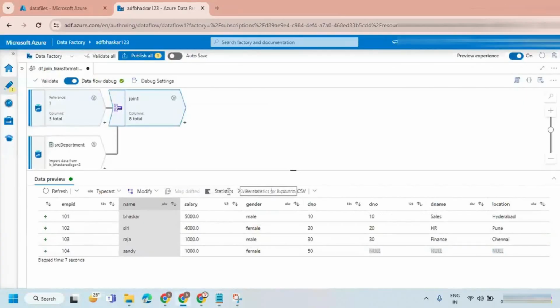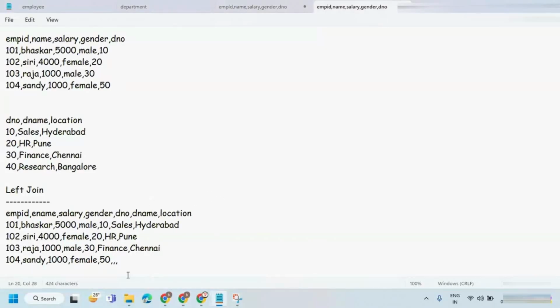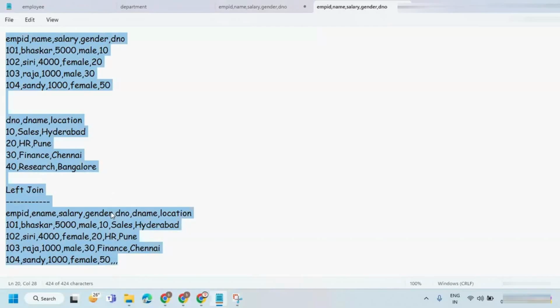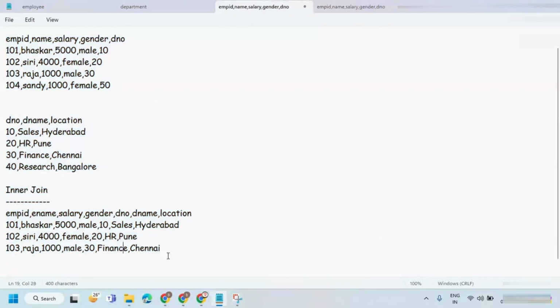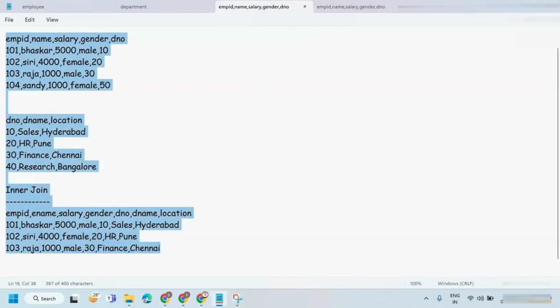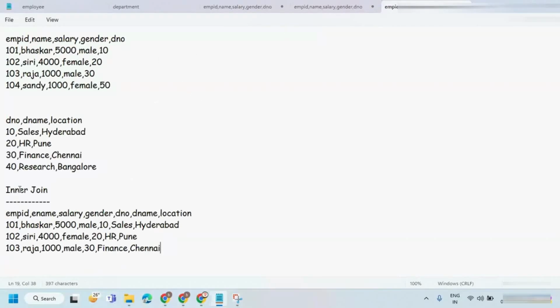And if it is a right join, let me take this entire inner join, copy, add one more tab, paste it. This time I wanted to go for a right join. Right join means all records from this table. You can see I have department number 10, I don't have a problem. Department number 20, I don't have a problem. Department number 30, I don't have a problem. And this one is not available.